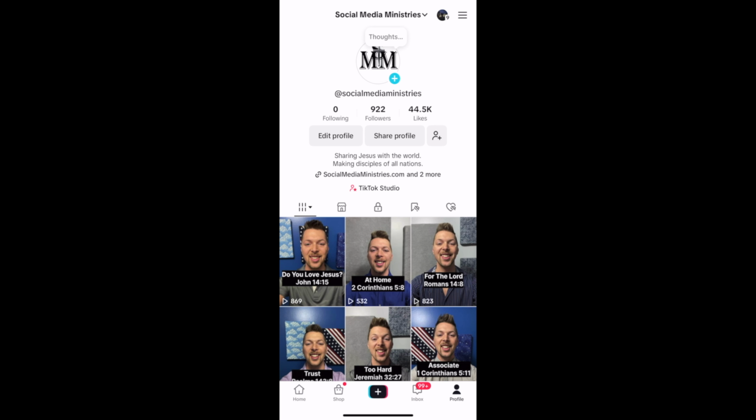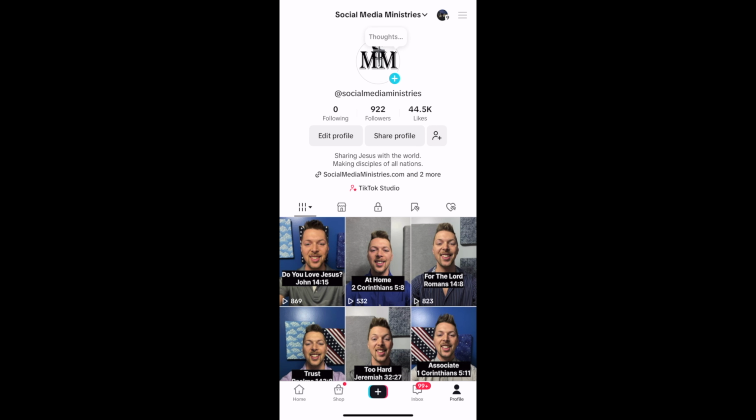Today I'm going to show you how to export your data from TikTok and then import it into Rednote. So this is going to be how to download your data from TikTok and then upload it into your new Rednote account. So go to your TikTok profile, and the first thing you need to do is click on the